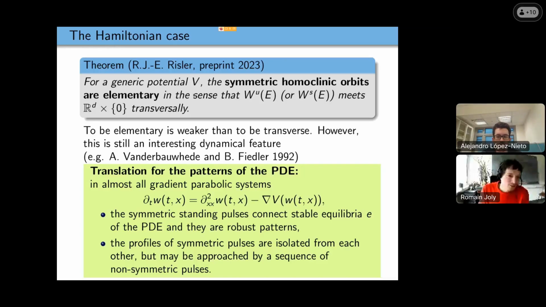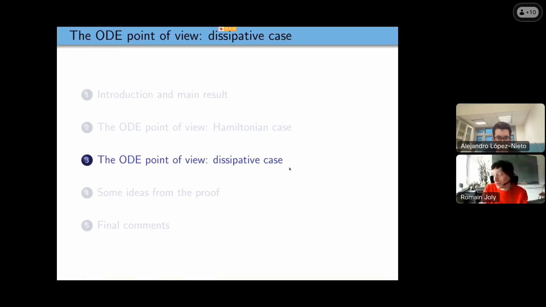Okay, so again, you have a proof, you obtain something about the dynamics of the ODE, and you deduce some properties of the PDE, but maybe more properties than these simple properties. I have very little time to consider the case of the traveling front. I will play the same game, but for traveling fronts, and actually it's the only place where we can see that there is a PDE.